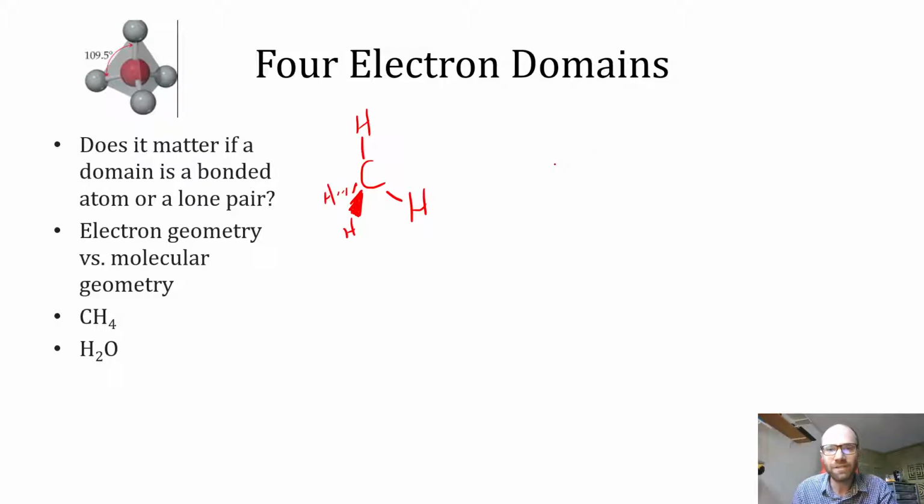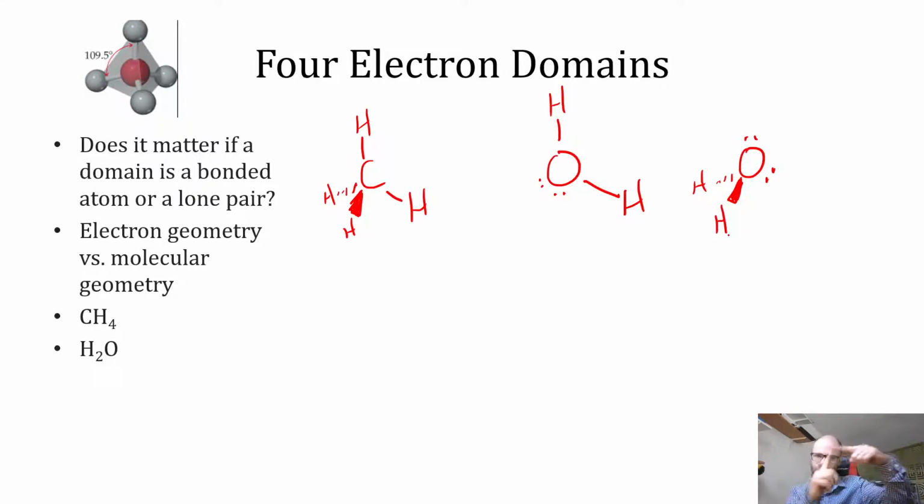And so what we have to talk about is, how do we represent this on paper? I'm going to put these 2 lone pairs here. We can imagine that's what that looks like, right, with those 2 there. But does it matter? Can I instead draw water like this, and would I come out with something a little bit different? Is there a reason why we should be drawing either that right angle water when we draw a Lewis structure versus that linear water? And looking at these, it makes more sense to me to show